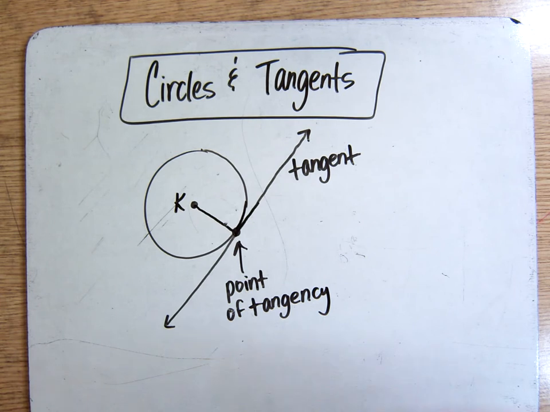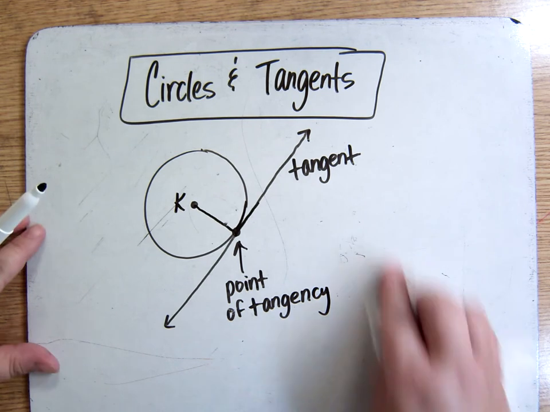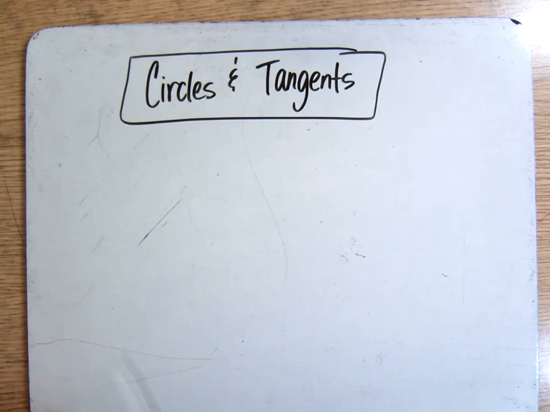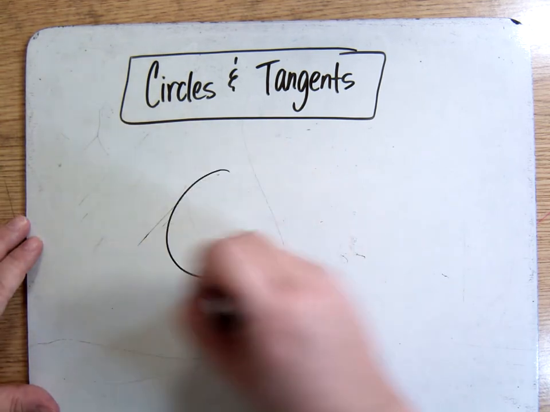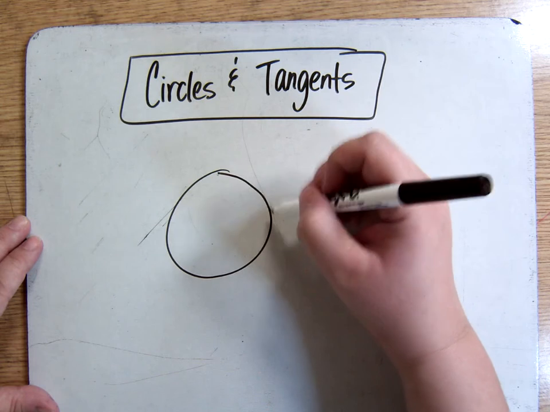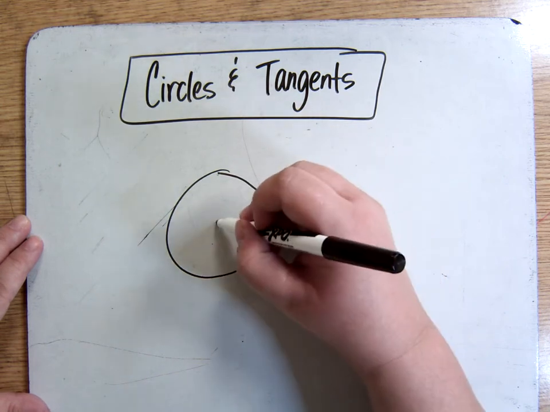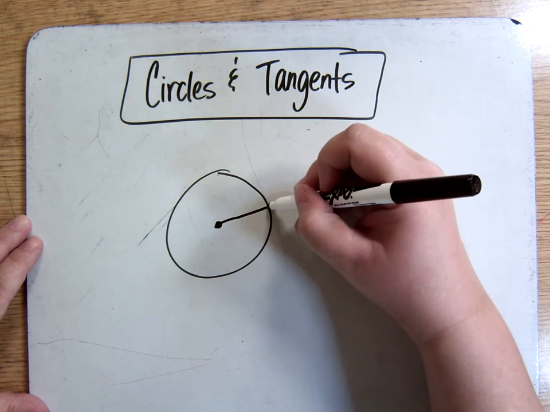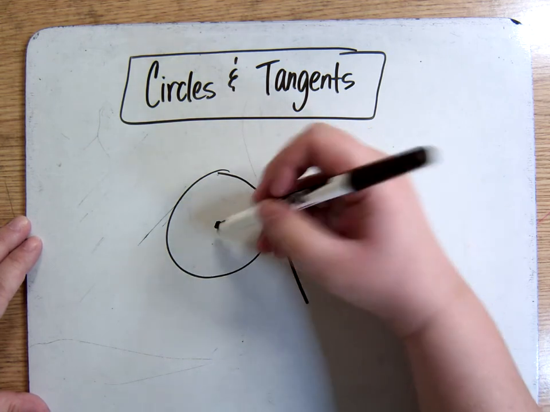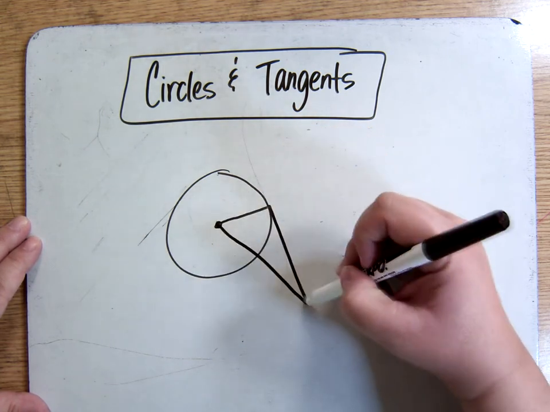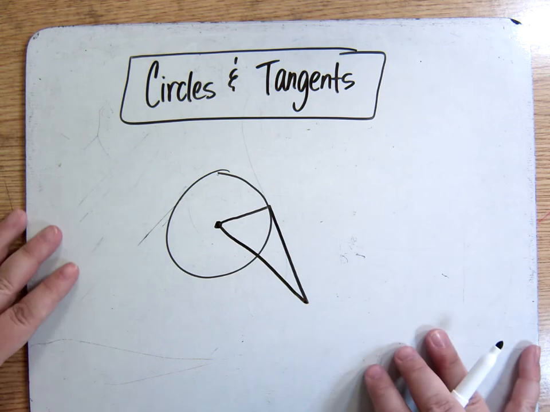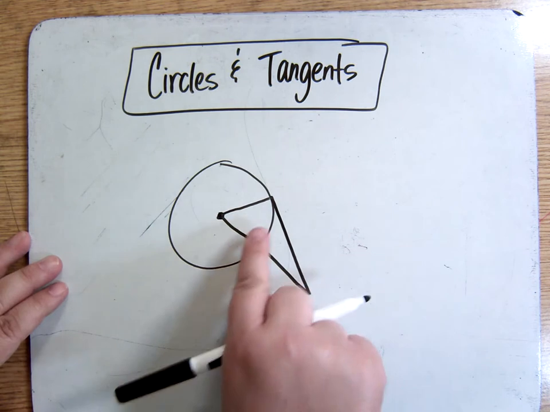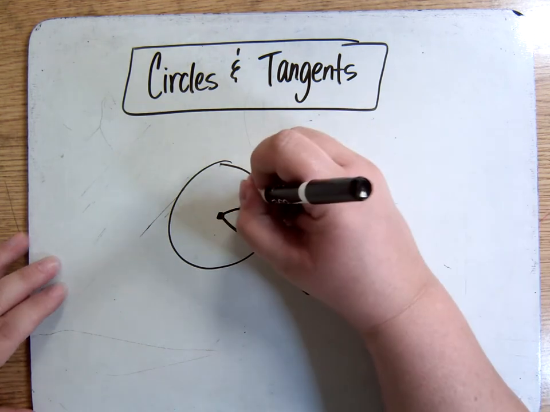Now, a couple of things you'll be asked to do with this. Sometimes you're asked to use this to verify whether or not you have a tangent, because remember, in geometry, you can't tell something just from looking at it. You can't just say, oh yeah, that looks like it touches in one point. Because what is one point? I mean, one point is infinitesimally small. So how can you tell it doesn't touch in three points? You can't. So, if I have something like this, and notice there's no right angle symbol,